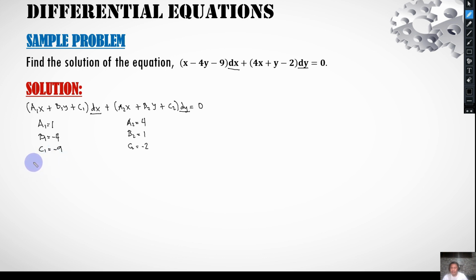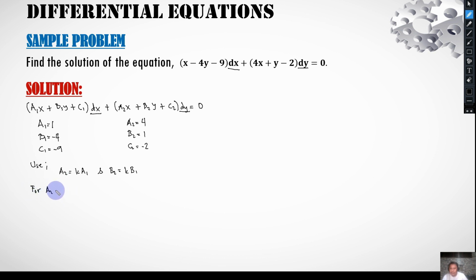So again, we are going to check and use this. We are going to use this A sub 2 is equal now to K times A sub 1. And the second one is B sub 2 is equal now to K times B sub 1. Okay, so first, for this A sub 2,